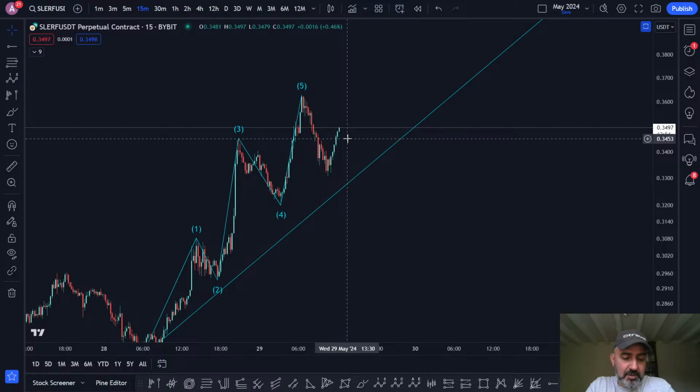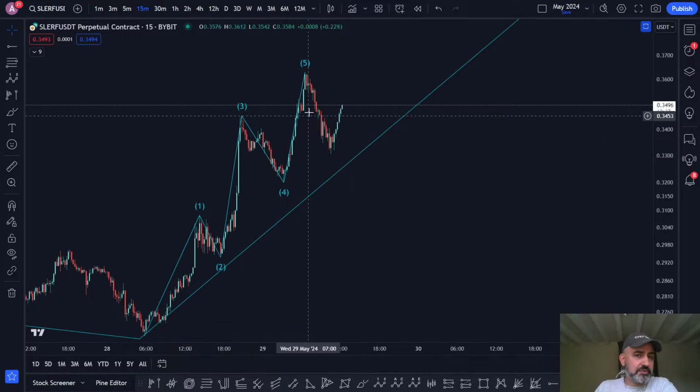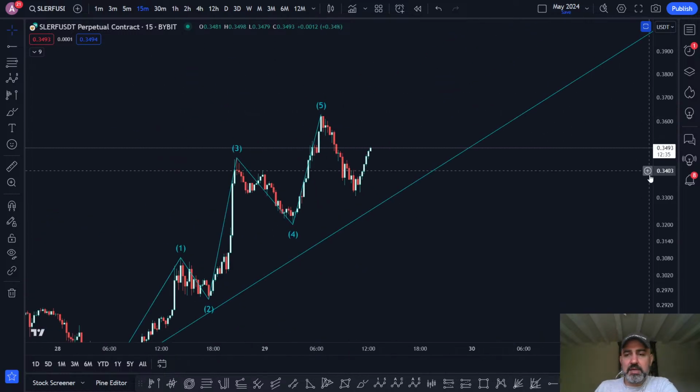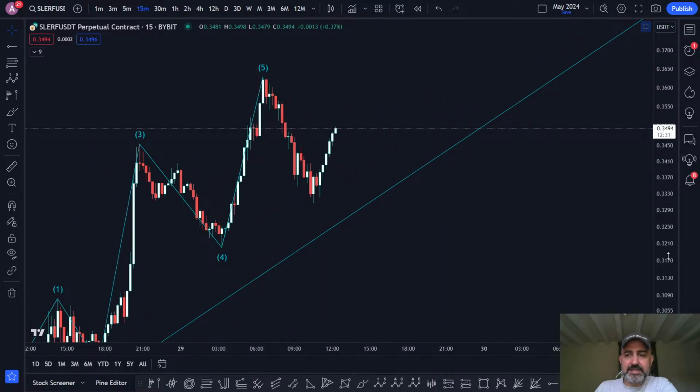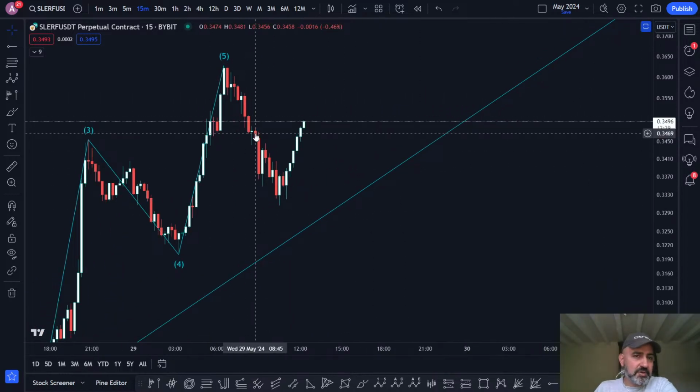I've actually been stopped out, because I left the runner on a break even. That's fine, you know. So I took my profit and I was stopped out on the runner, and all I did was I saw that the 5 waves was up, and I saw that here we lost these red candles. As soon as we lost those red candles, I shorted, and